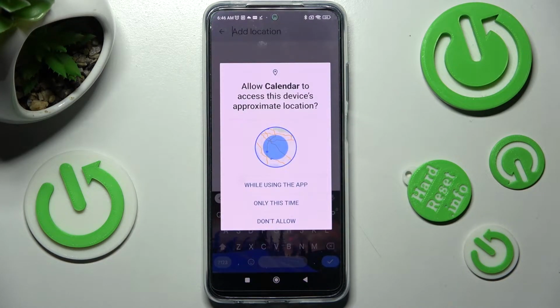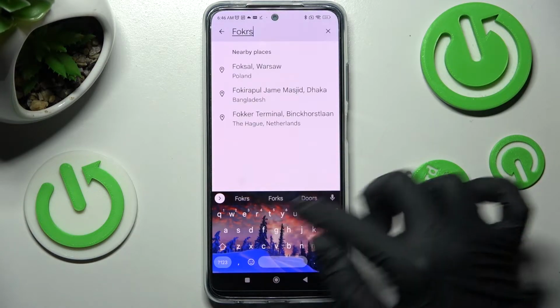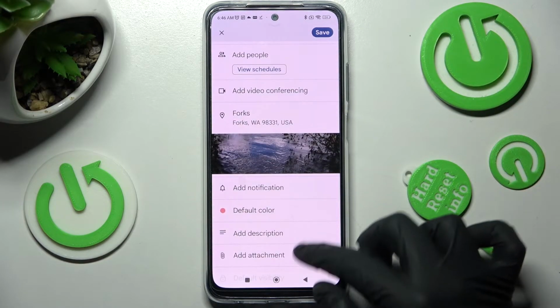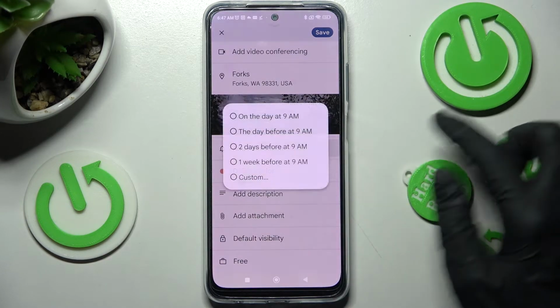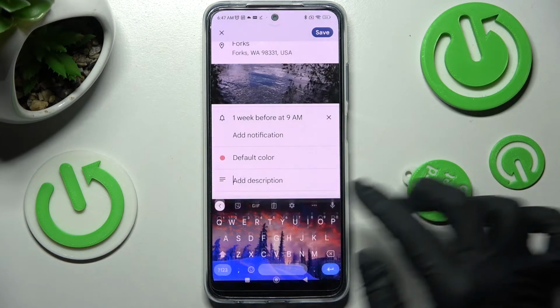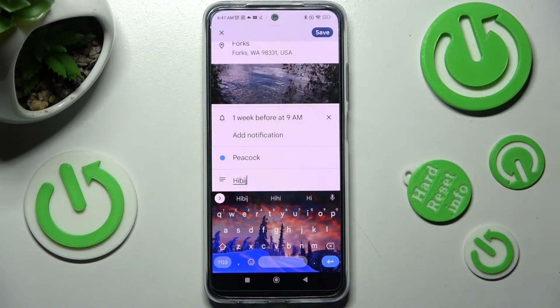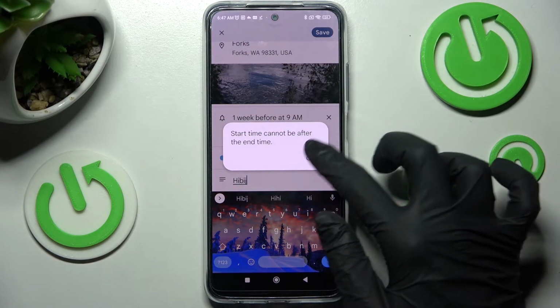If you wish to set up location, choose one of those options while using the app or only this time, type in an address and click on the correct one. Then you can also set up notifications minutes, hours, or weeks before your event, take some notes, add attachments, and even change its color. To save it, choose Save at the top right corner and tap on OK in this